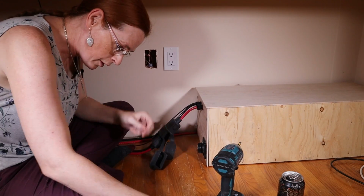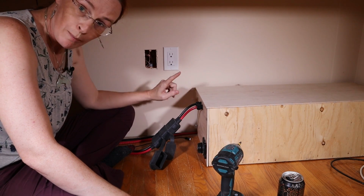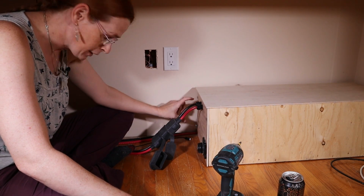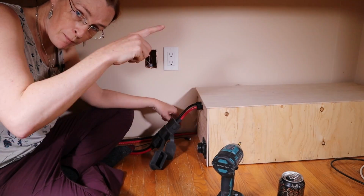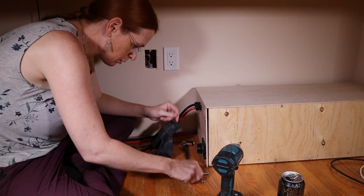I'm going to pull the SmartShunt out of here. I'm not going to have a SmartShunt per battery anymore. What I'm going to do is put the SmartShunt on the negative cable. So I'm going to take it out and mount it below the negative bus bar, jump to it, and then jump from there up to the bus bar. This looks awkward. It also feels awkward. I'm going to break this up into